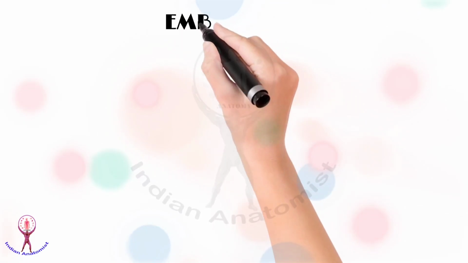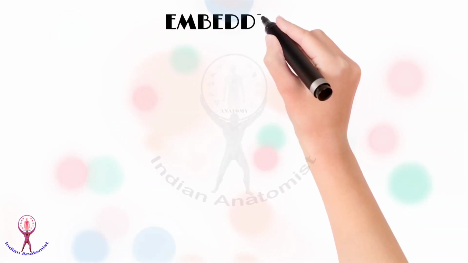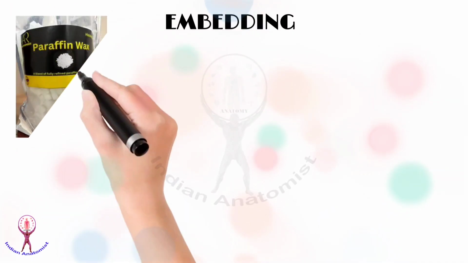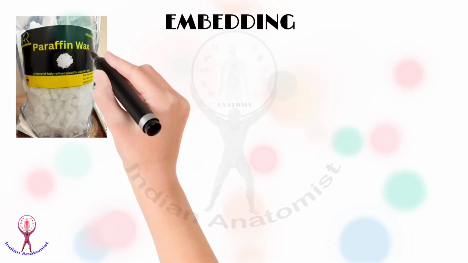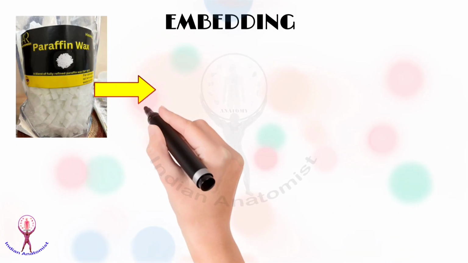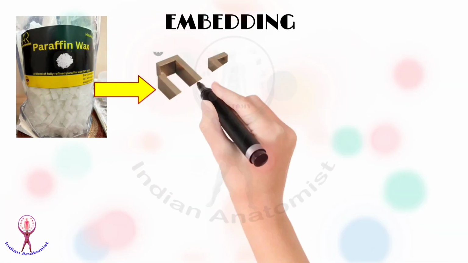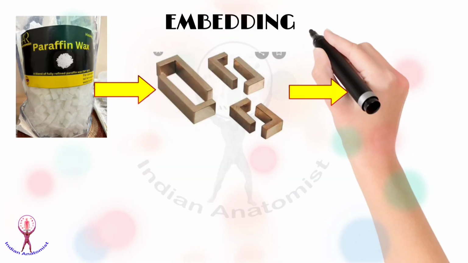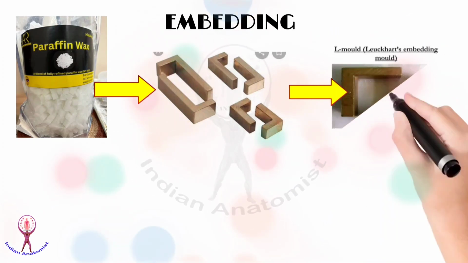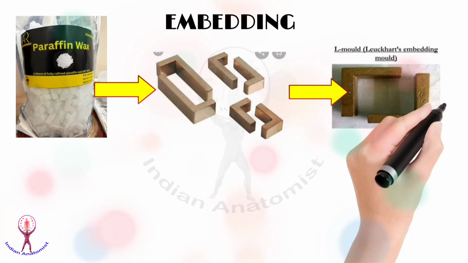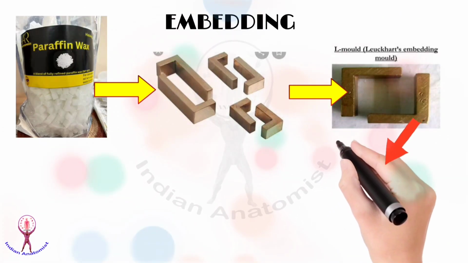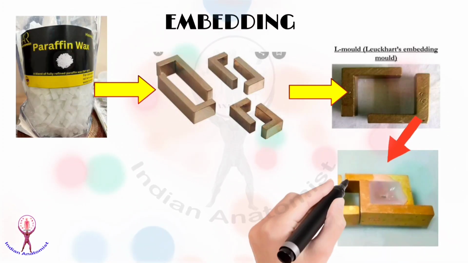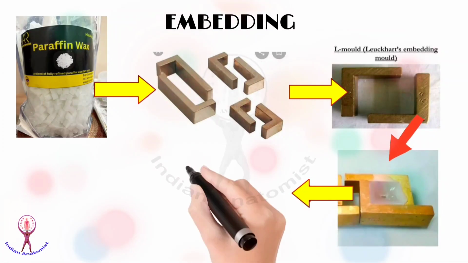Dear students, please refer to the provided illustration. Select the appropriate L mold or embedding rings, ensuring adequate space for the tissue with a minimum surrounding margin of 3 to 4 mm of wax against the large glass base plate. Fill the mold with paraffin wax. Using heated forceps, extract the tissue from the wax infiltration vessel. Promptly position the tissue in the mold, corresponding to the side designated for sectioning. Exert gentle pressure to secure the tissue against the base plate.